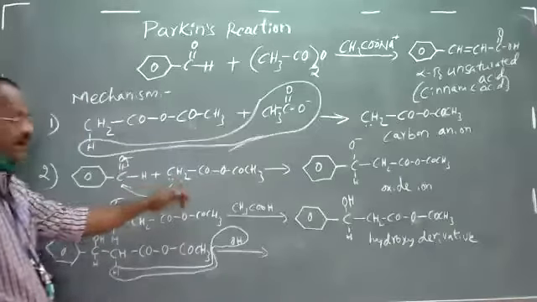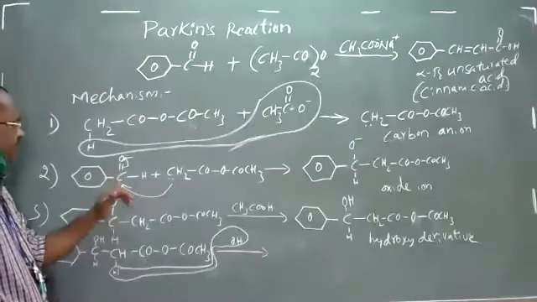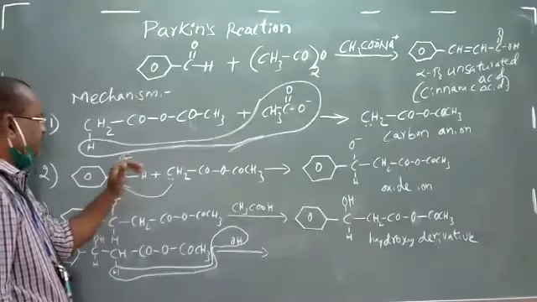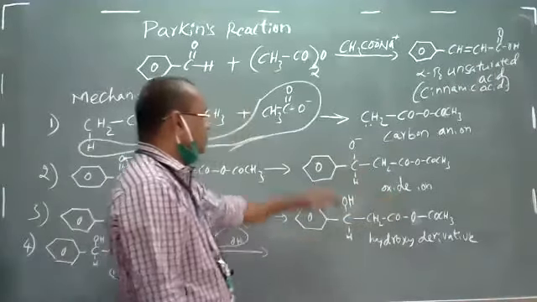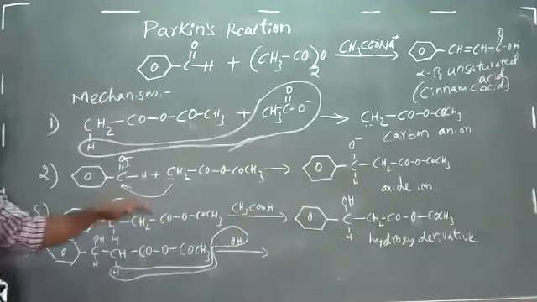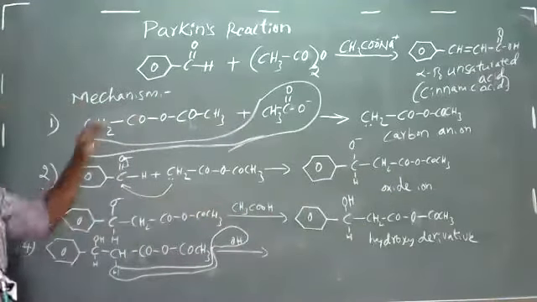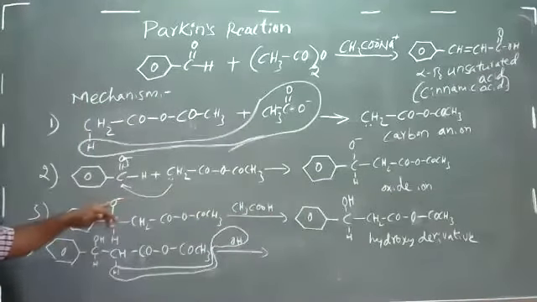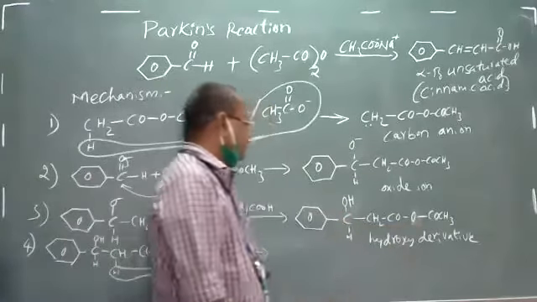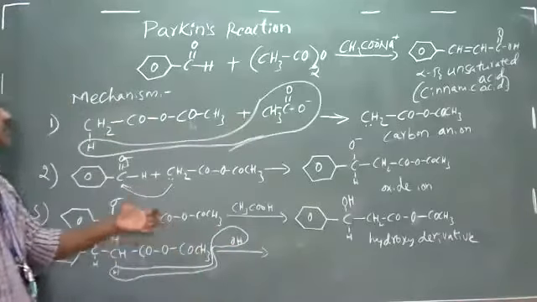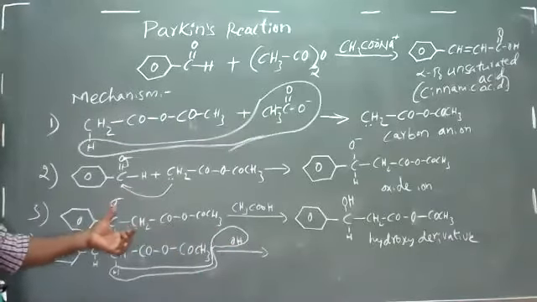So the nucleophile attacks this carbonyl carbon, and this pi bond electron will move towards oxygen to form an oxide ion. This oxide ion wants to stabilize. It abstracts a proton from this acetic acid which is formed, and forms a hydroxy group as a stable molecule. Hydroxy derivative is formed, and once again the OH from the water molecule,